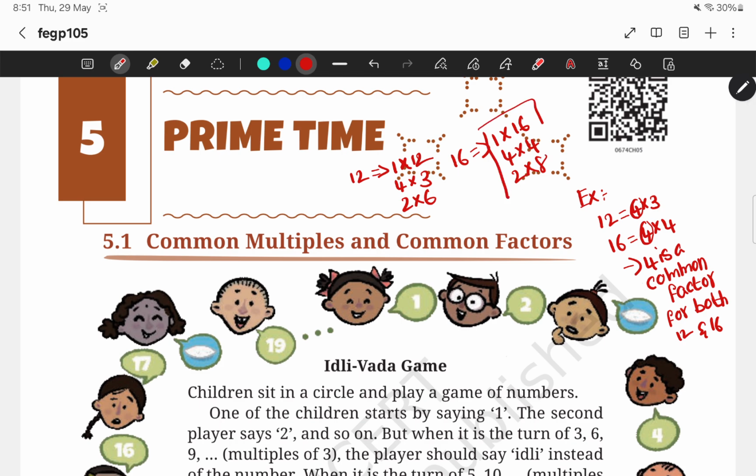So not only this, there are a lot of multiples of 16 and 12, but I am taking this to show not only 4 is a common factor of those 12 and 16 numbers, but also there are